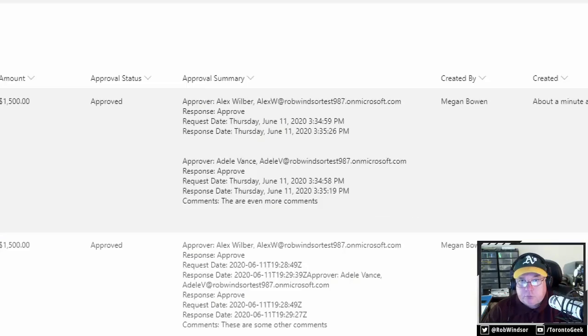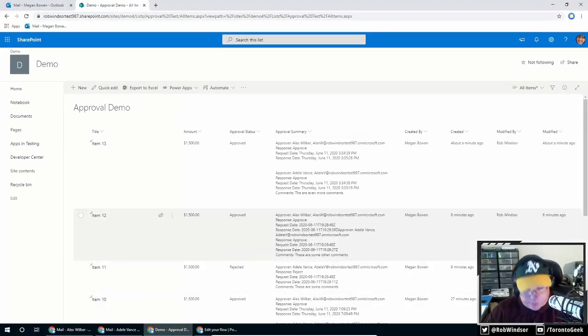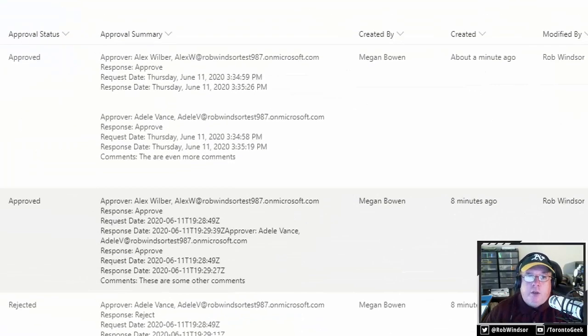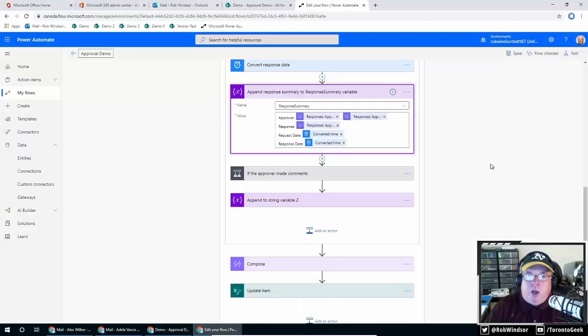There we go. All right. So, before you get out, you can see it's 3:36 p.m. Eastern time currently. So there is the spaces added, and there are our date and times in Eastern time with the comments. Okay. So that is pretty much, I wouldn't say it's comprehensive, but it's a relatively detailed examination of building approval workflows for SharePoint list items using